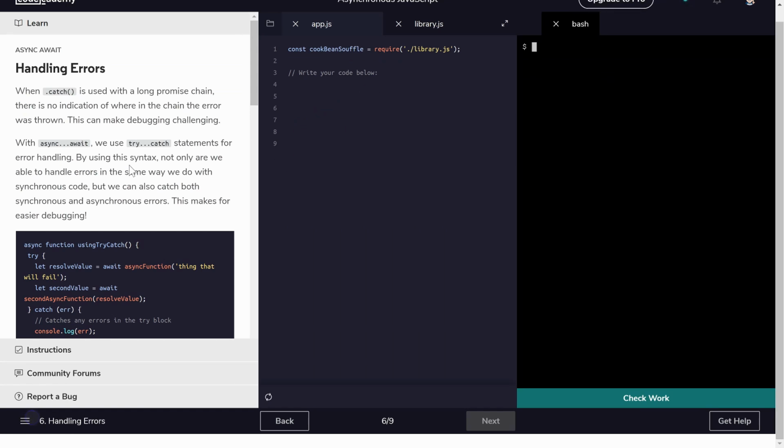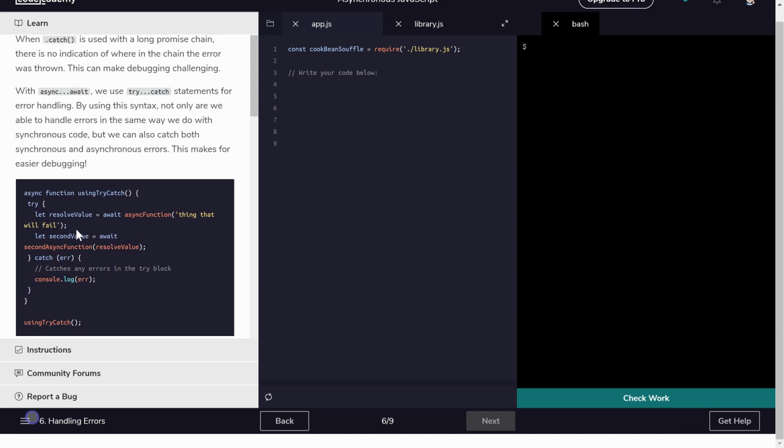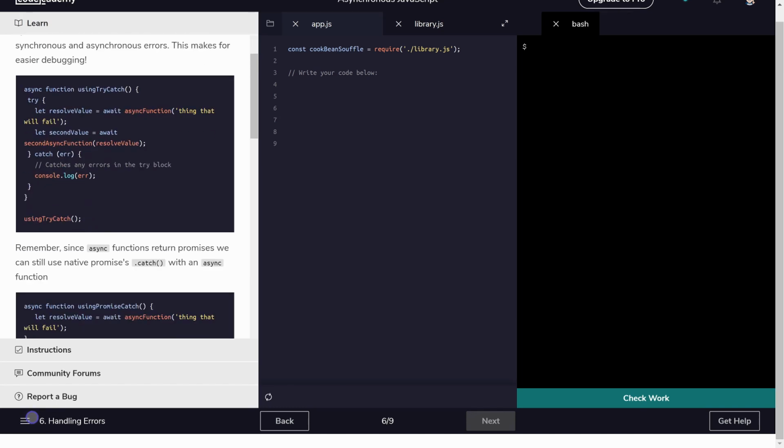So how do we handle errors, right? We talked about the promise resolving and no longer pending, but there's no error handling with it. So the way that we solve this is using try catch. If you're not familiar with try catch,